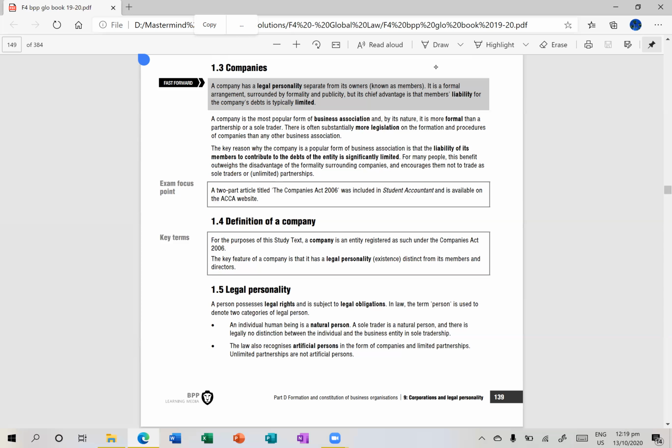Companies. What is a company? A company is a kind of a business, but it has a separate legal entity other than its owners. Okay, so the owner in a company and the company itself, they are two different things. They are entirely two different entities. Okay, so in such a case,